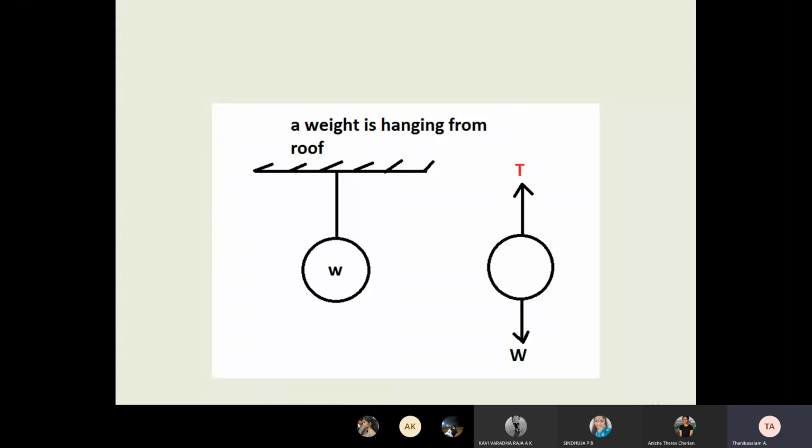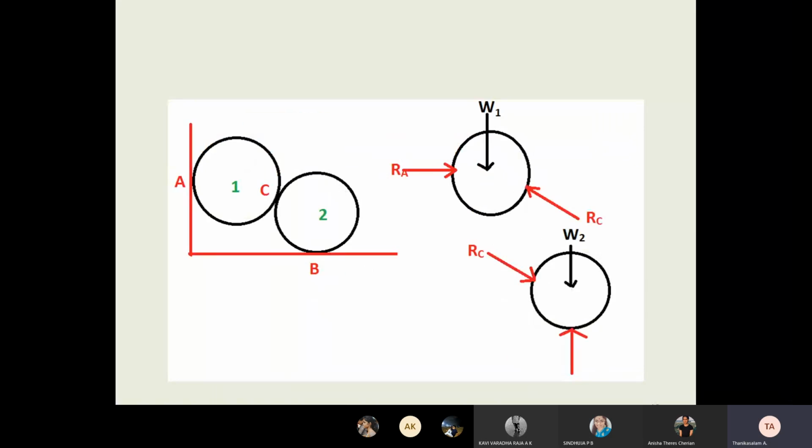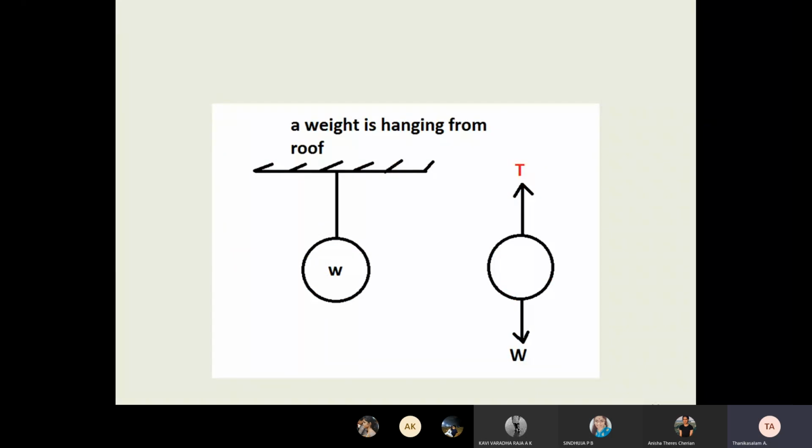Can you explain? What is T? Tell me, what is T? Class representative, what is T? Tension. Tension means tension. See, if your rope is tied and we are pulling the rope, what do we have to show? Tension. See, in the previous one I put reaction. When the body is in contact only, we say reaction. Students understand? But if the body is hanging, or we are pulling, sometimes a rope is tied to the wall and pulling, then we have to say tension.